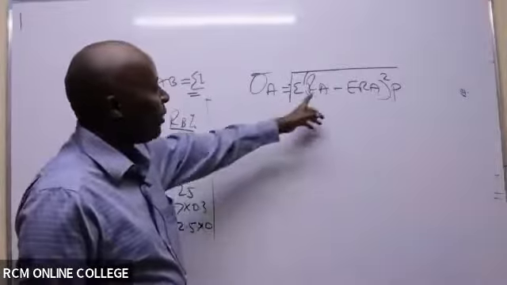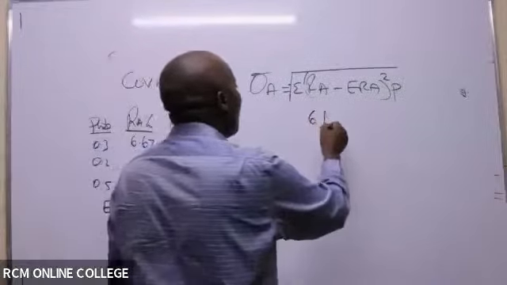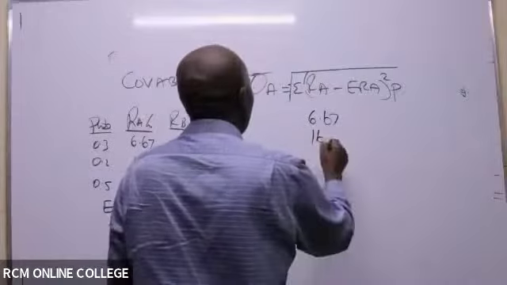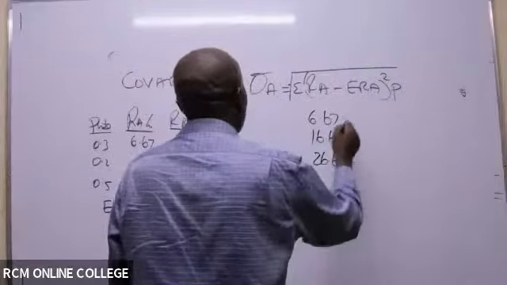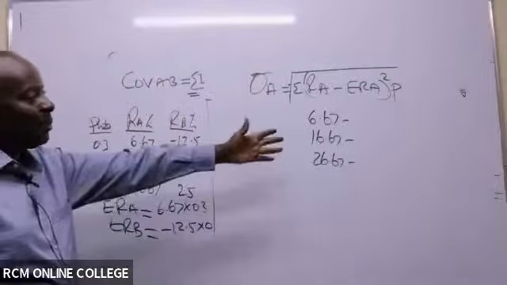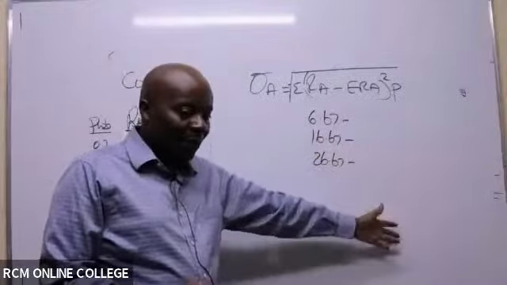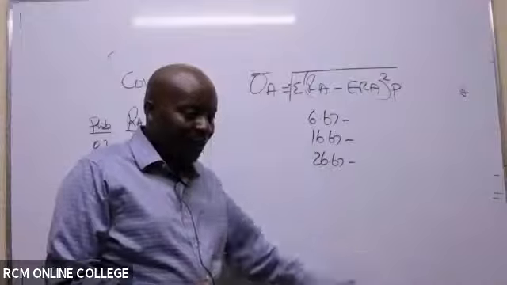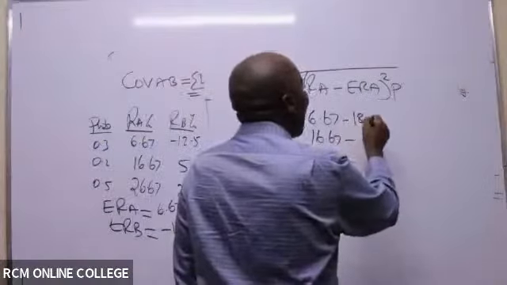Then now we come and take in these returns of A. We have the actual returns of A, 6.67, 16.67. Then we have 26.67. Then you say minus, minus, minus. Fortunately, expected returns, you guys had given me the expected returns of A, but I rubbed mine and I've forgotten it. 18.67.